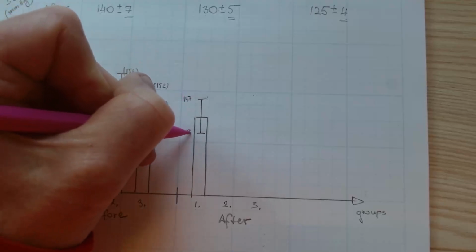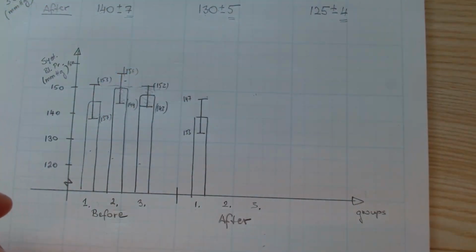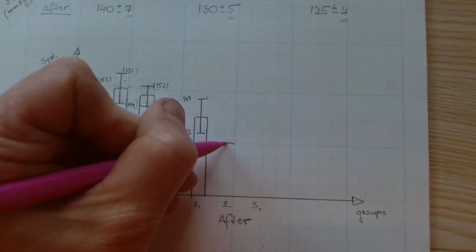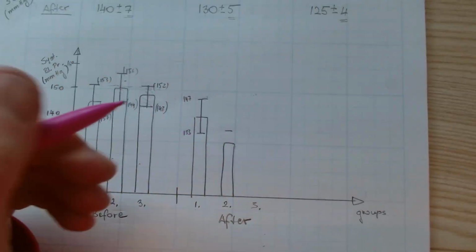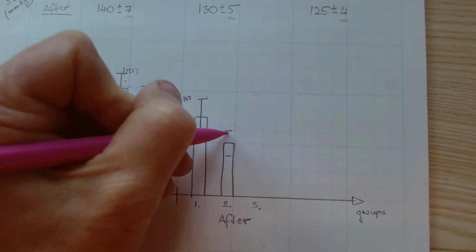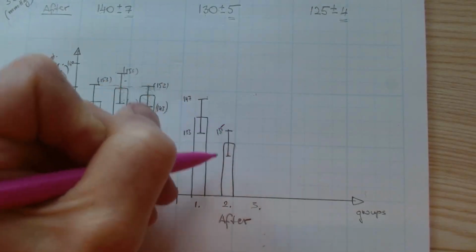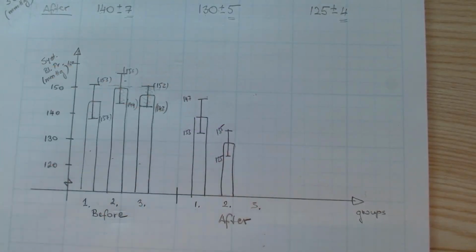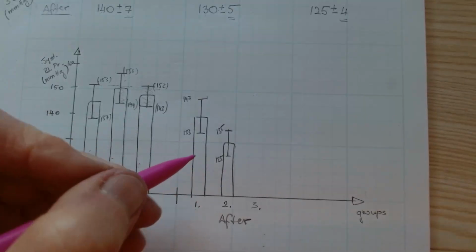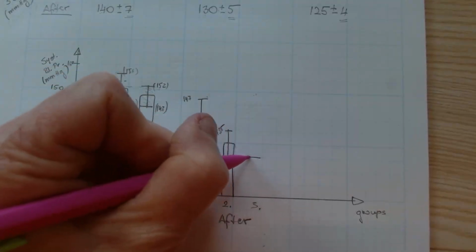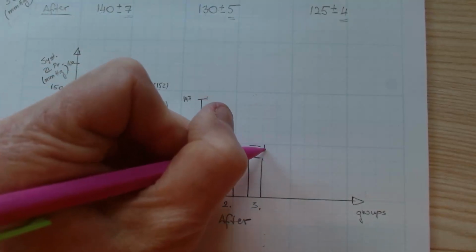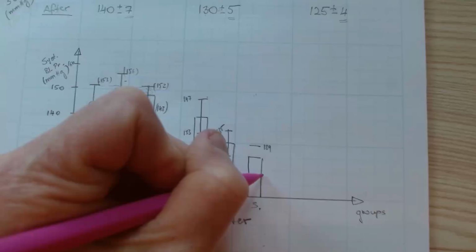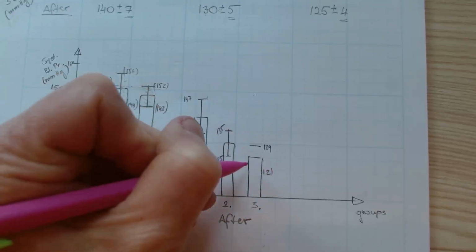Medication 1 is 130. And error bar 135 and 125. And the third one is 125 is the mean value, plus 4 is 129, and 121